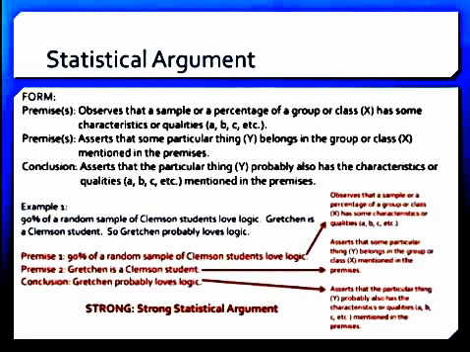Then the second premise asserts that some particular thing Y, in this case Gretchen, belongs in the group or class X, in this case the class of Clemson students, which is mentioned